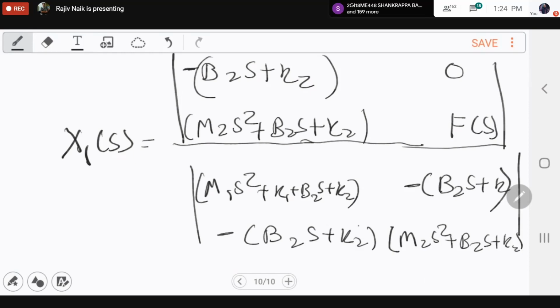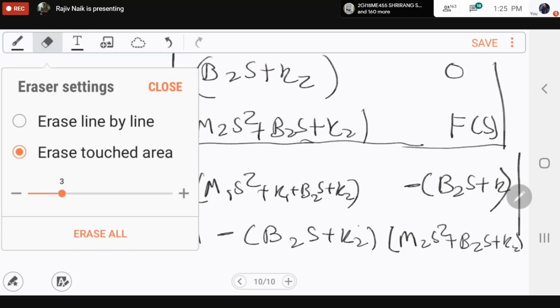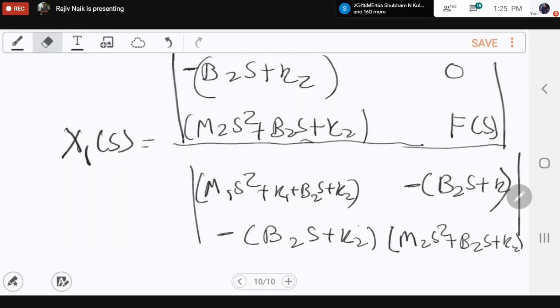Sorry, I have interchanged the columns. This 0 has to come this side and this has to go this side. Anyway, it will only lead to nothing on that, so I will write it like that. For simplicity, I have written it like that, so the minus sign will not be there, it will be a plus sign. Otherwise, if you want me to rewrite, I will rewrite. Would you like to have a rewritten equation? So I will rewrite, that is better, I think.